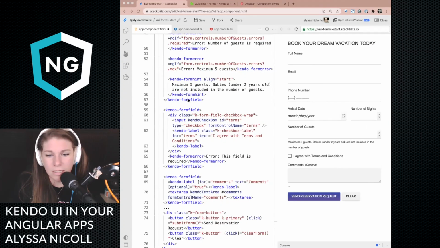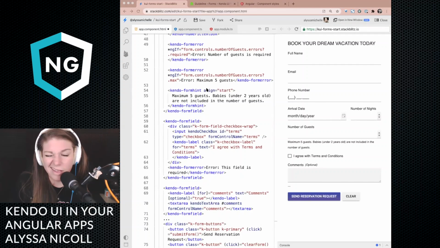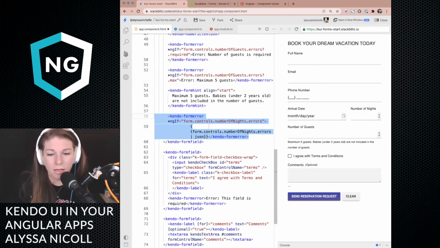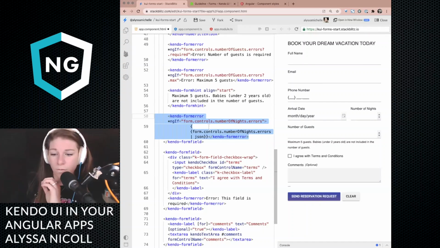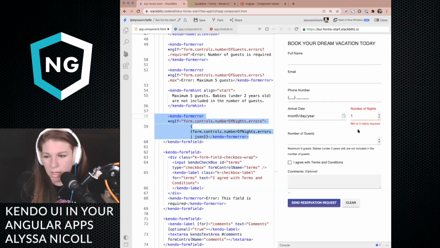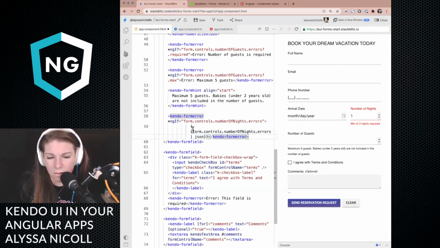I usually, let's do it under guests. I love doing this kind of thing where you can log out the form errors that you're seeing, or what you're actually seeing for the entire application. So if I go to number of nights now and I type 1, I think I'm doing this wrong.